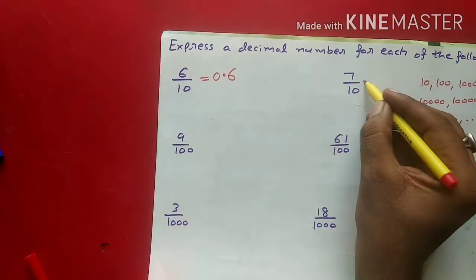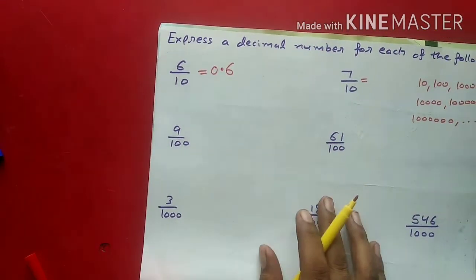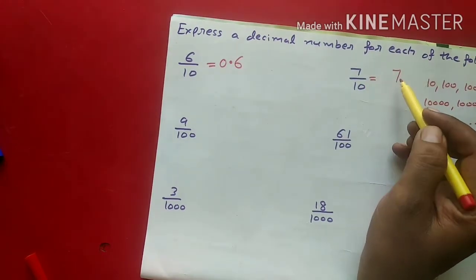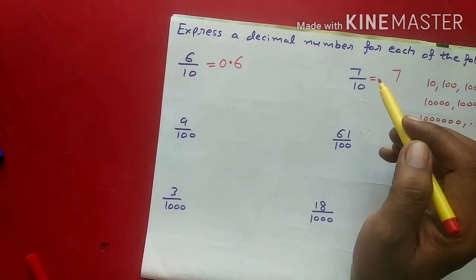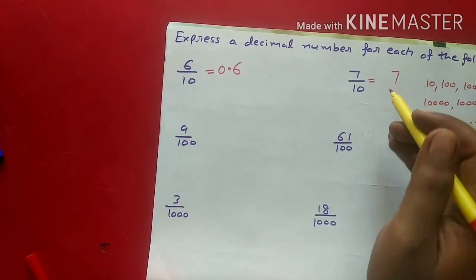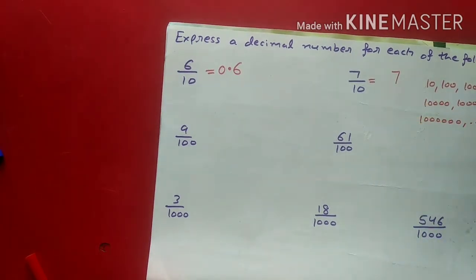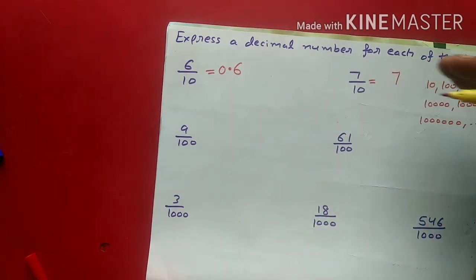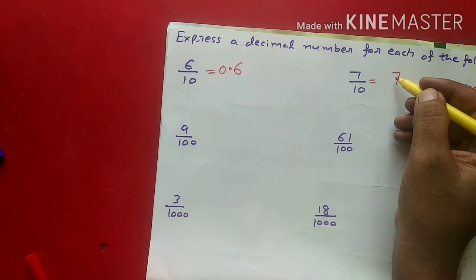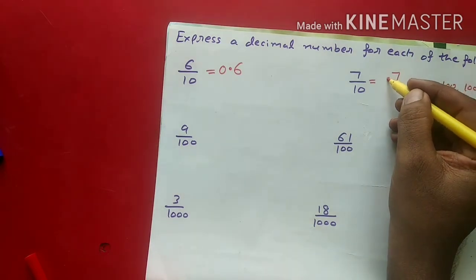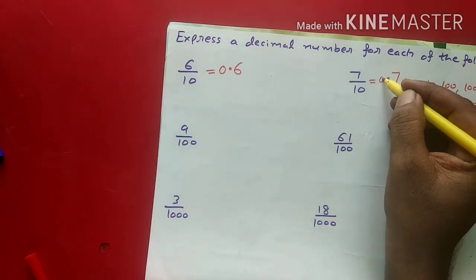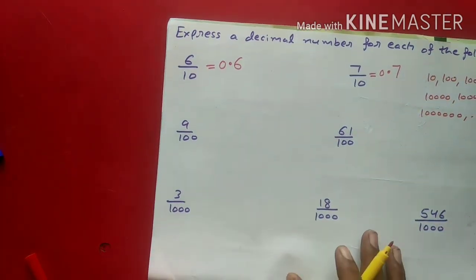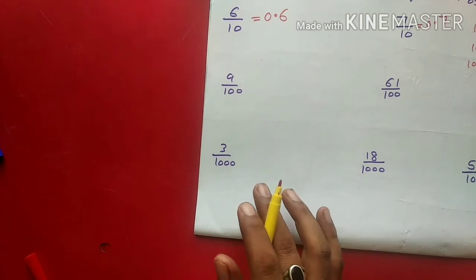Also you can see that 7/10 is here. Now 7/10, only one digit is there, so you will mark the decimal after counting one digit from the right hand side. Now if you count from the right hand side, then 7 is the first number and you will mark the decimal after the first number. Okay student, therefore this is 0.7. Now you can go for the next question.